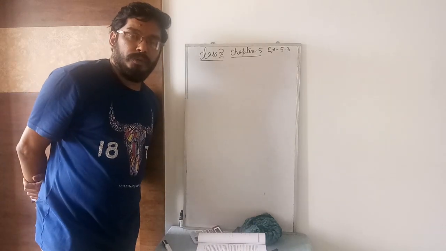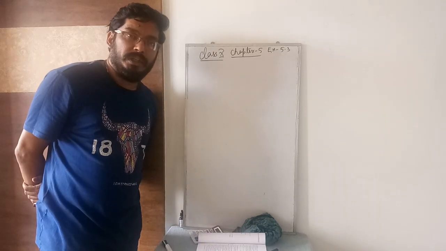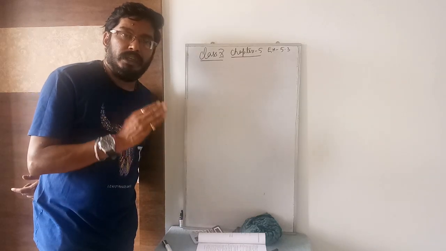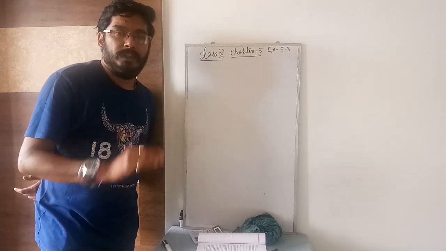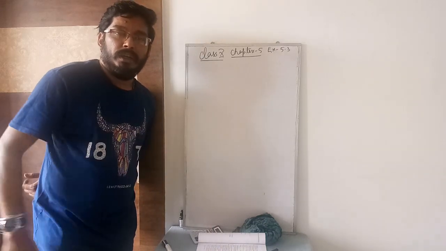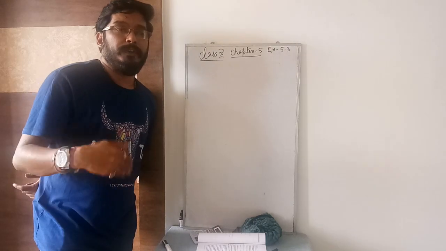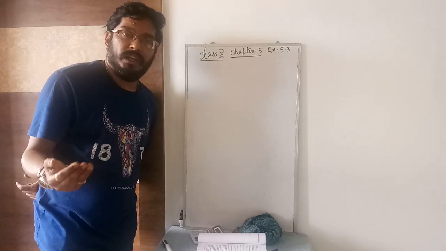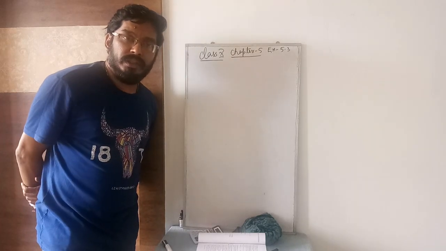A job is given to you at the beginning of this year, on January 1, 2020, and they have said to finish the job by April 28, 2020. Suppose you could not finish it and finished on the 29th of April. At that time you have to pay a penalty of rupees 200. If I finish it on 30 April, I have to pay 250. If 1st May, then 300.